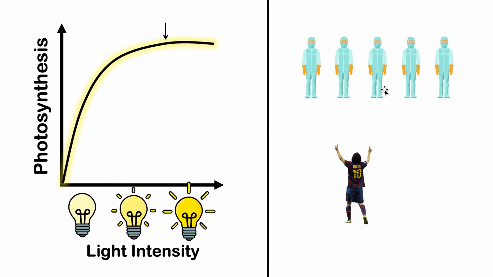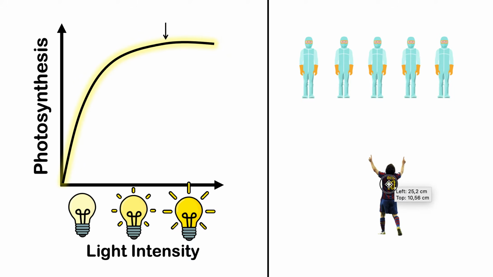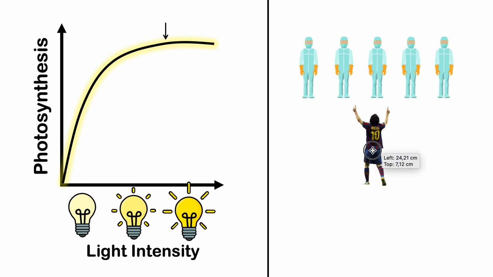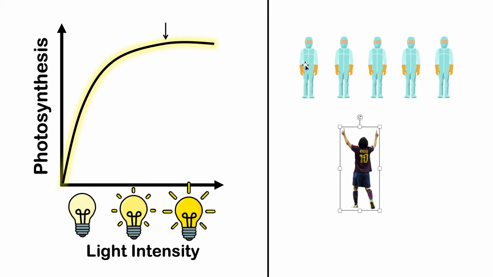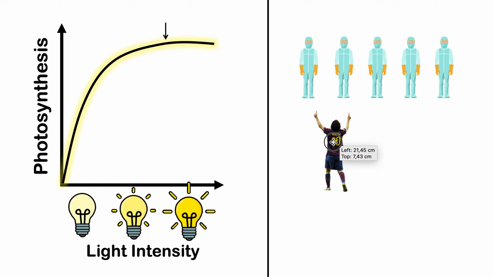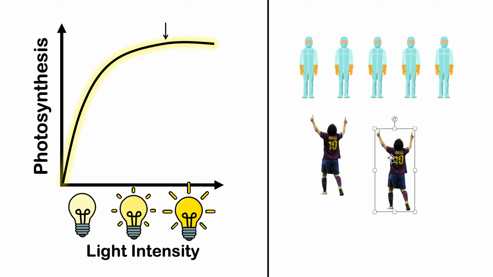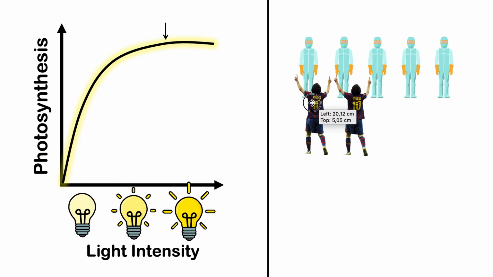I want to give you this great analogy. So here we have people, just since COVID passed recently, here we have some testing people. We love them so much because it means that things are happening. And here we have Messi, okay? And he's coming and he's going to go do a test. There's 5 people to choose from. So he goes, he gets tested. So we know in this scenario, if it takes 1 minute to test one person, the maximum rate that can happen right now is one person per minute. Now let's say we have 2 people. And now in 1 minute, we managed to test 2 people. Okay, so 2 Messis were able to be tested.